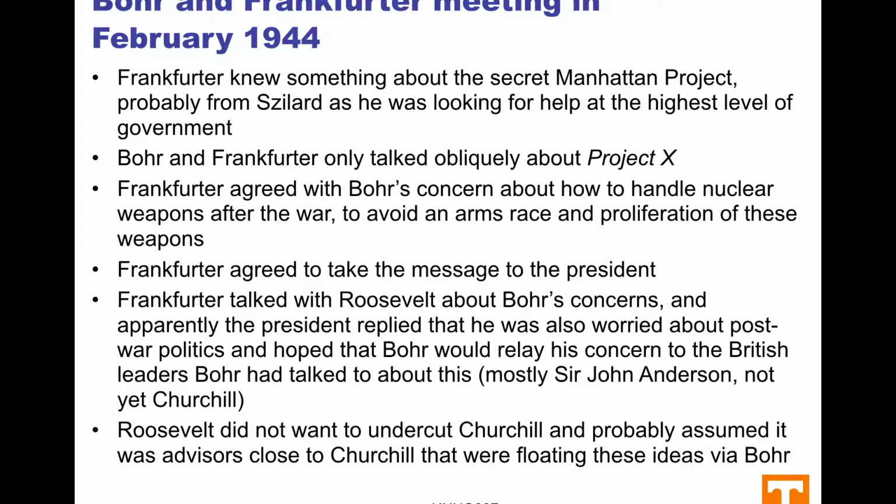Frankfurter did talk to Roosevelt about that, and Roosevelt agreed that he was concerned too about what happens after the war ends. And he suggested that Bohr should express the president's concern to British authorities. See, Bohr was sent partially by Sir John Anderson, one of the leaders of Churchill's government, sent Bohr in part to ask that question, promote that concern